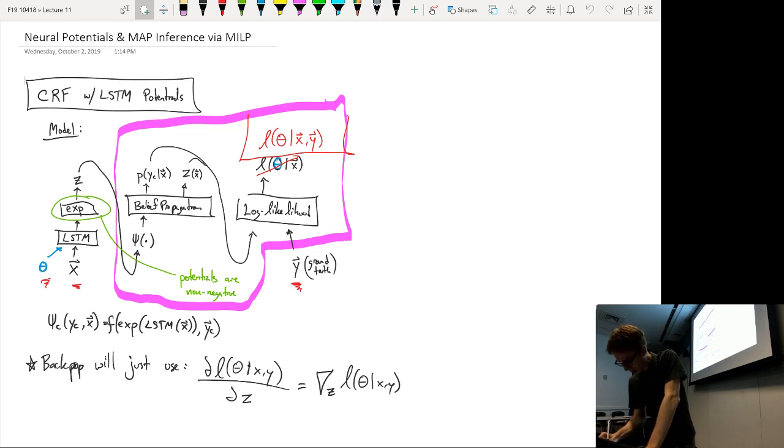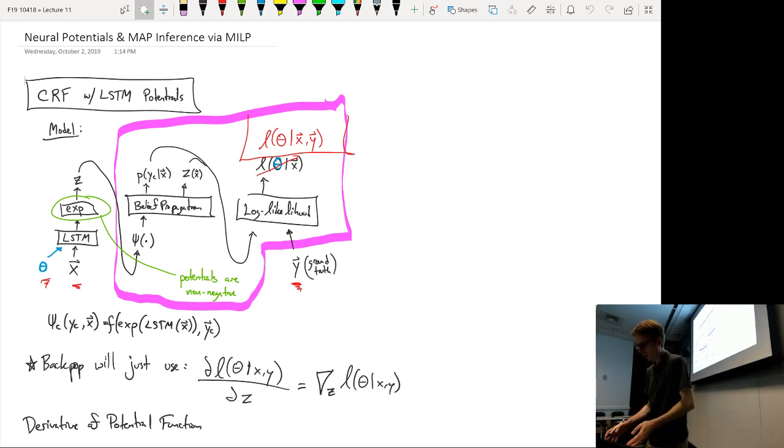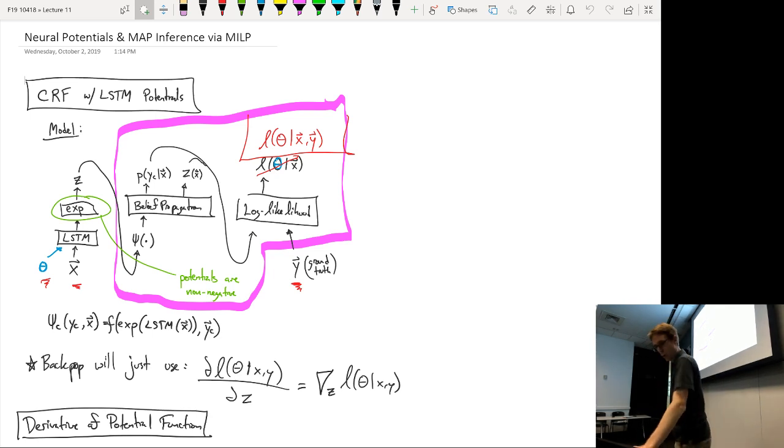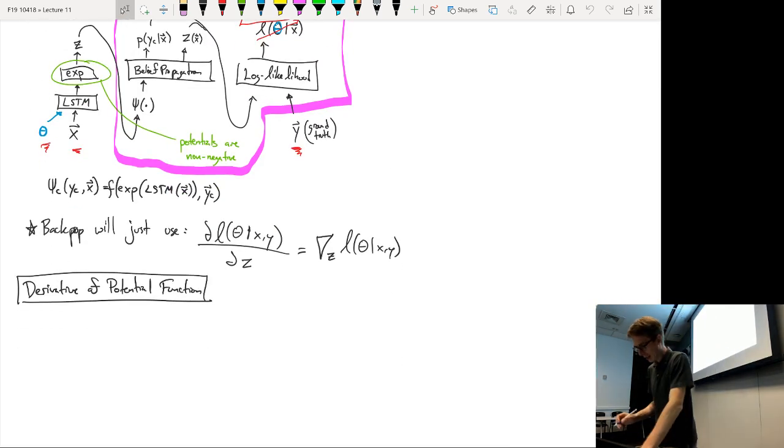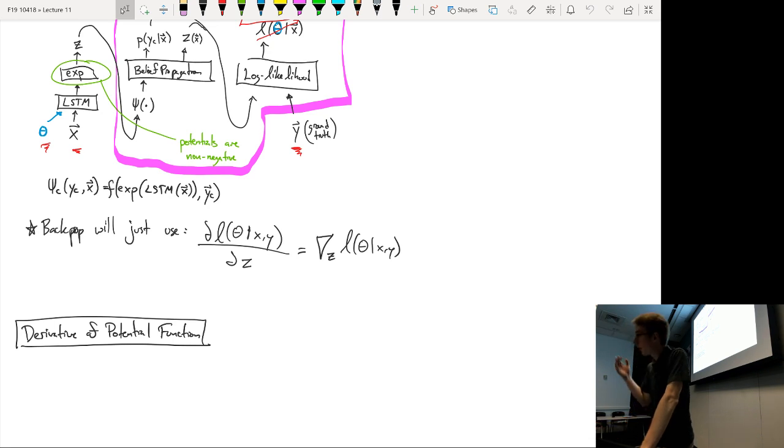Here we're going to be thinking about the actual derivative of a potential function. And we can actually do this one of two ways. The way that I want to start with is to take not the derivative directly of the potential function, but rather to work with one element down on the stack. So if this is some element called